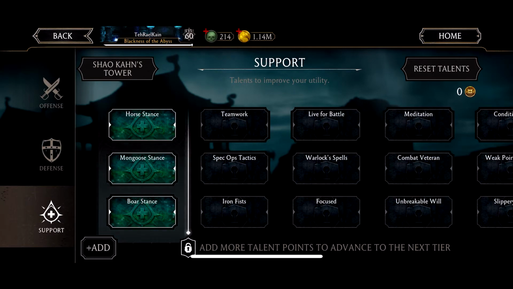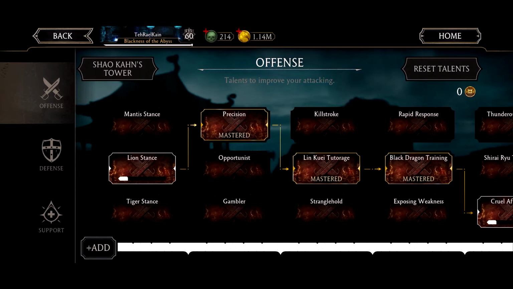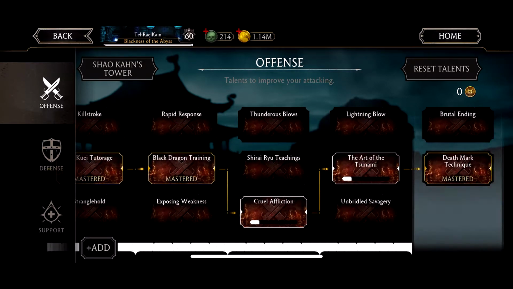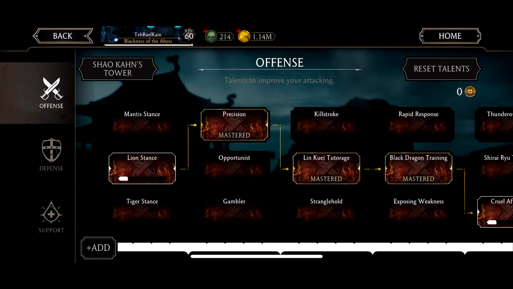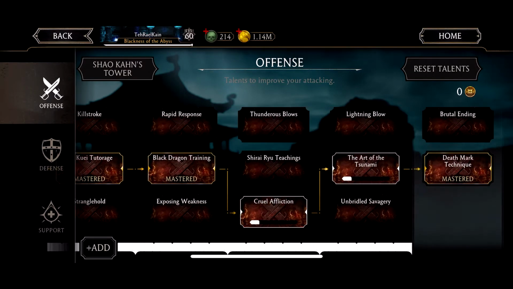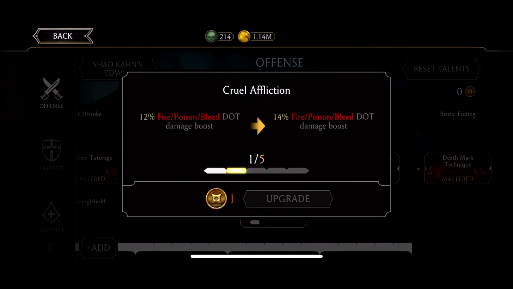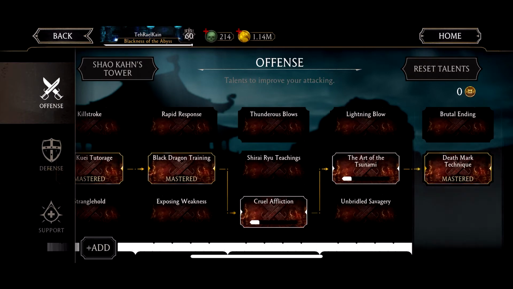And now let's say you want to do a lot of damage and not care about your HP or anything. Then just make sure to go offense and do the same thing I did here, and just max these out basically, and you will do a lot of damage. So the next one we have